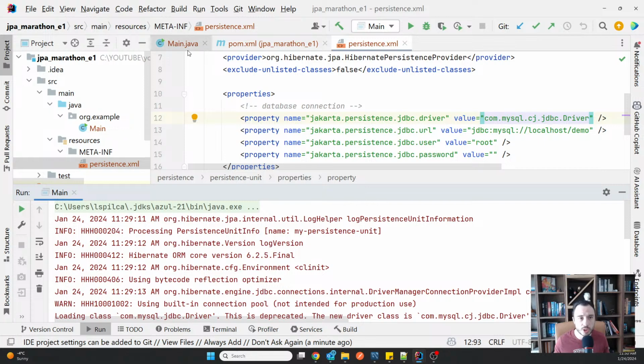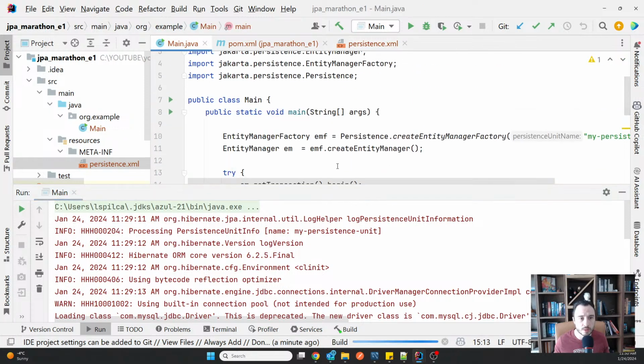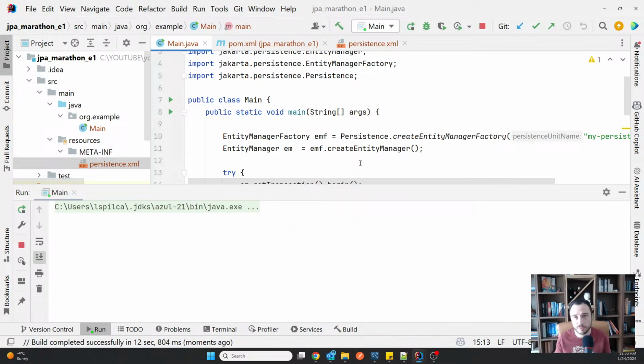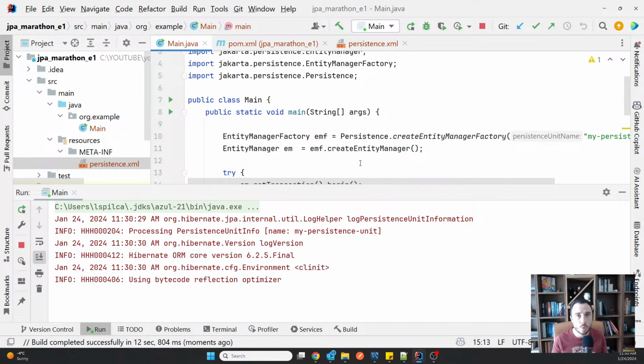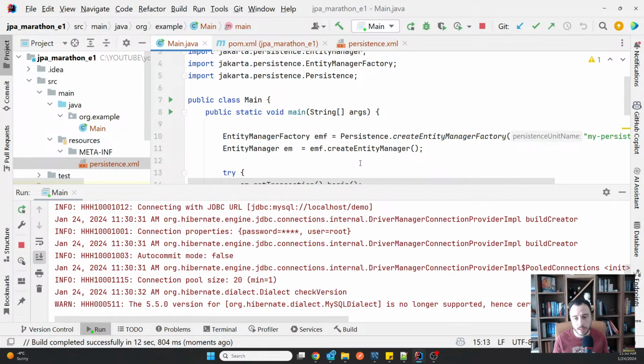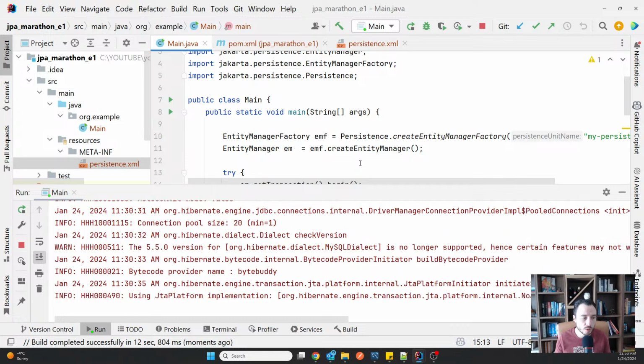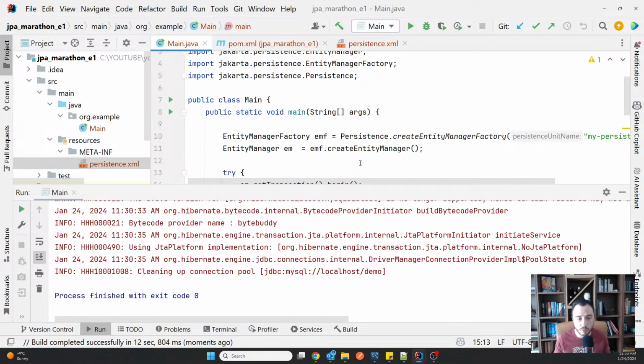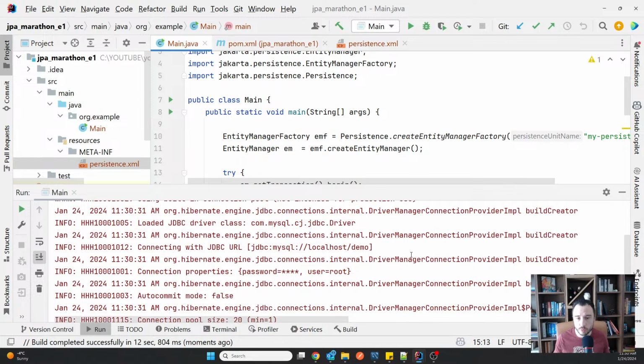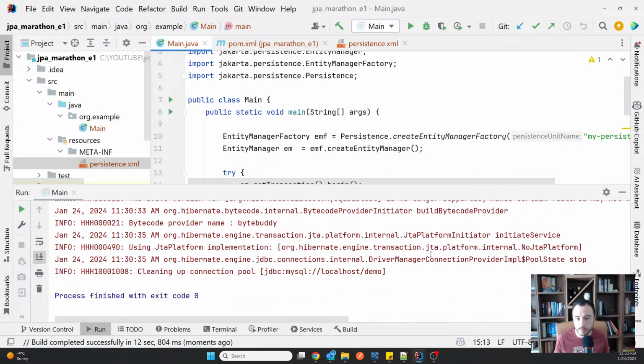So I changed that. I want to run it again to make sure that it works and I have the right dependency working before continuing. And then the next thing is we are going to understand what the context is, what an entity is, why we need entities, which is the philosophy that we are using when using a JPA implementation, or I would say this can apply to an ORM in general. So you see that it worked and our warning message disappeared because now I'm using the right thing.